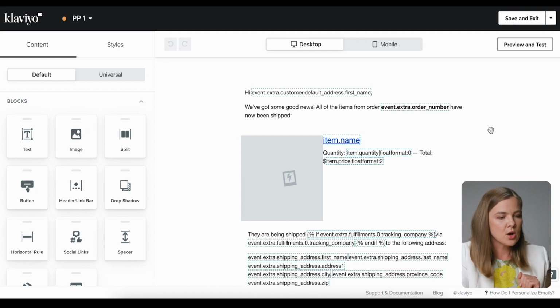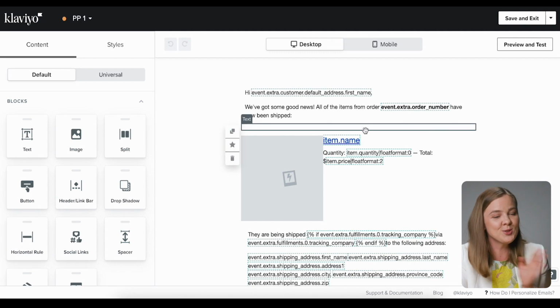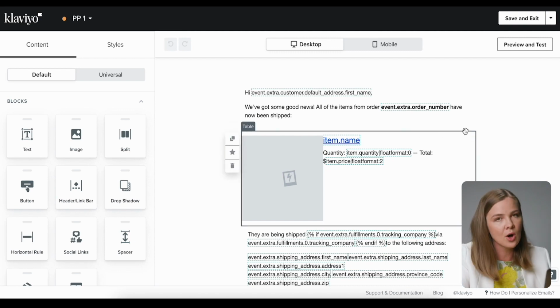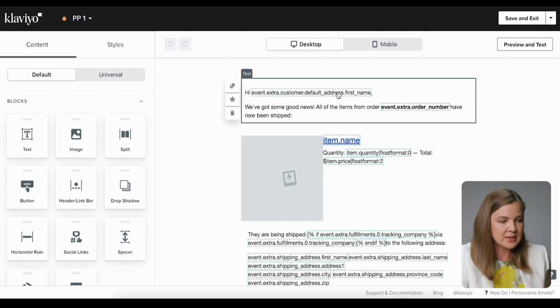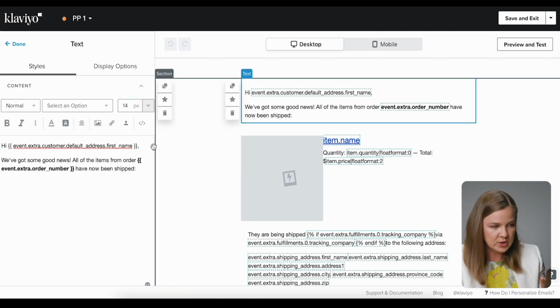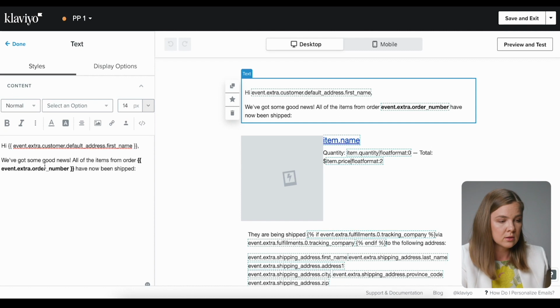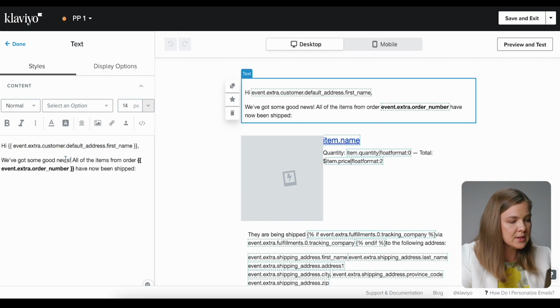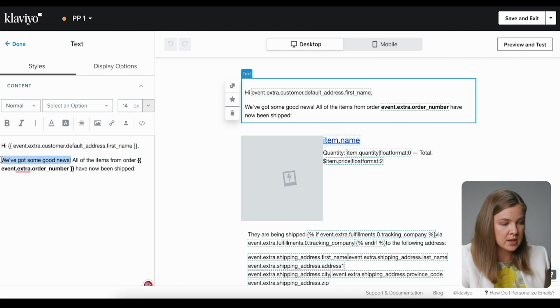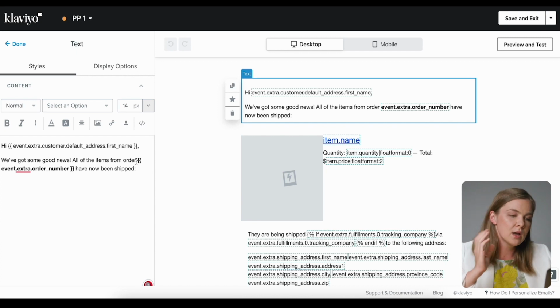As long as you have a direct integration between your shopping platform and Klaviyo, this is going to work. So what you want to do is you don't want to touch any of this code and just edit the copy around the coding. So for example, hi, first name, we've got good news. All of the items from order, blah, blah, blah, have been shipped. So you can customize this line of text or anything that's around the coding. So for example, if we want to say, hi, Kasey,